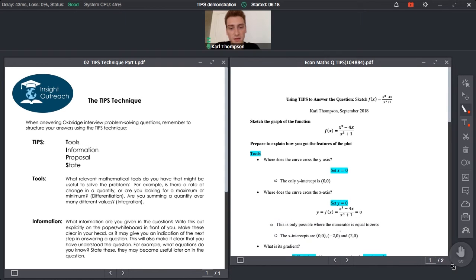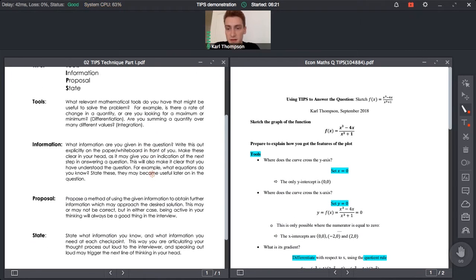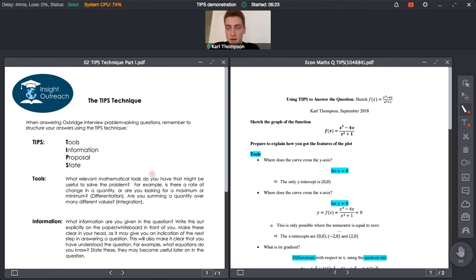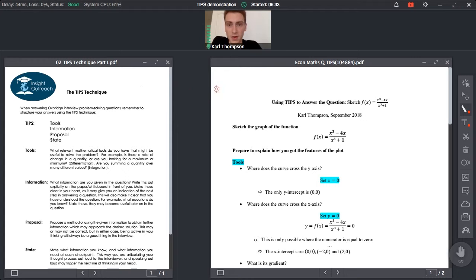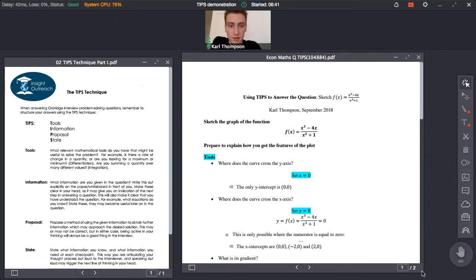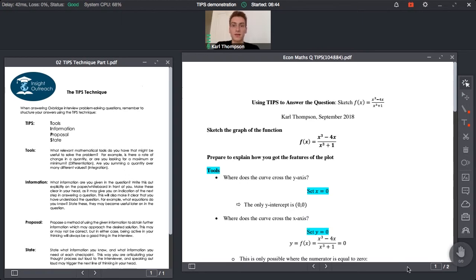And in this example question, you should all have this document, so you can read through this in your own time as well. But here I thought it would help to go through this with an example. So we're being asked here to sketch the graph of the function x cubed minus 4x over x cubed plus 1. And as it says here in the question, prepare to explain how you got the features of the plot. So that already is showing that we should be talking through our steps rather than trying to work it out